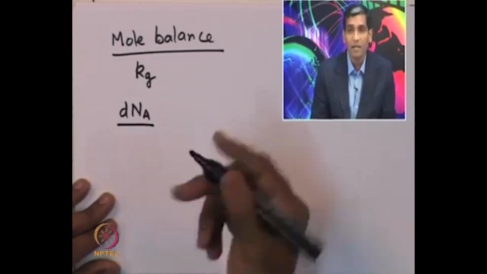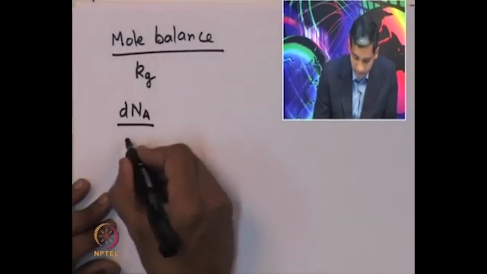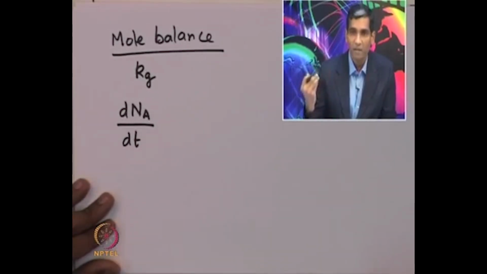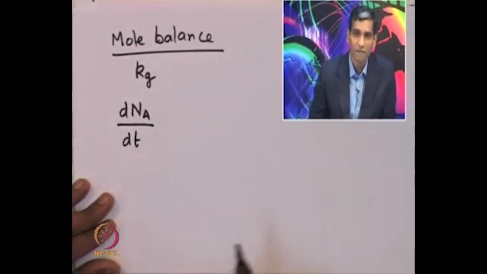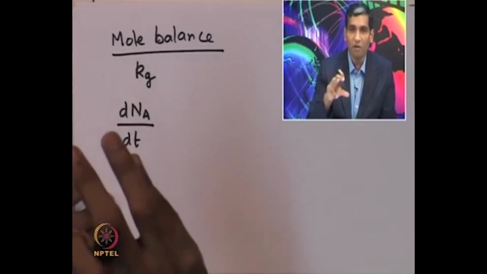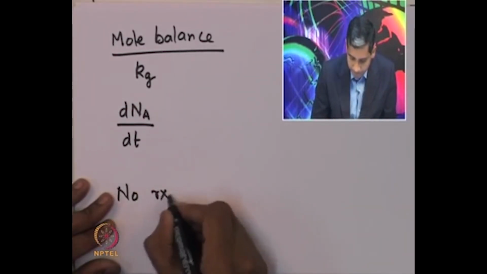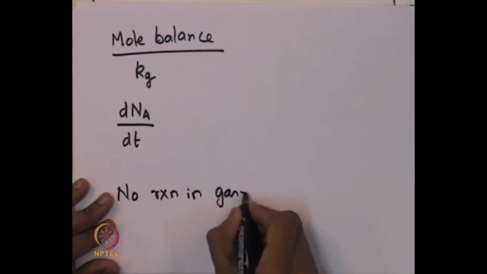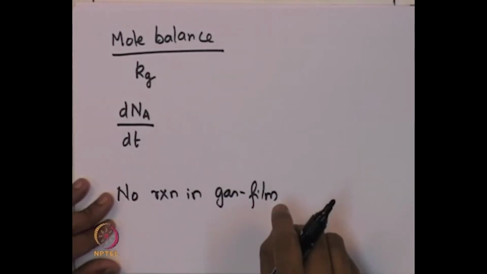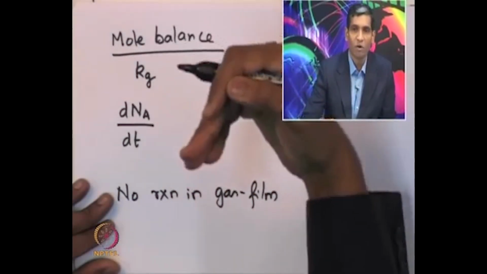Remember that A is the gas species which is moving from the bulk to the solid core where the reaction is occurring. So, dNA/dt, where NA is the number of moles of A diffusing from the bulk into the surface of the core. The reaction is occurring only inside the core, so there is no reaction in the gas film. The only process which controls the rate of change of the number of moles in the gas phase is the transport of species from the bulk to the surface of the solid core